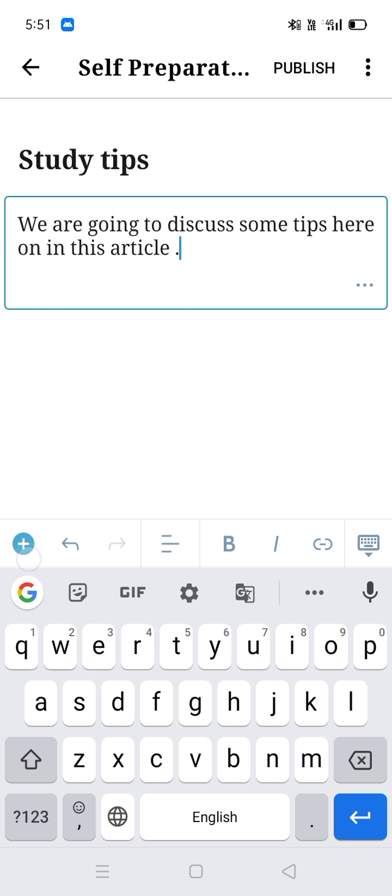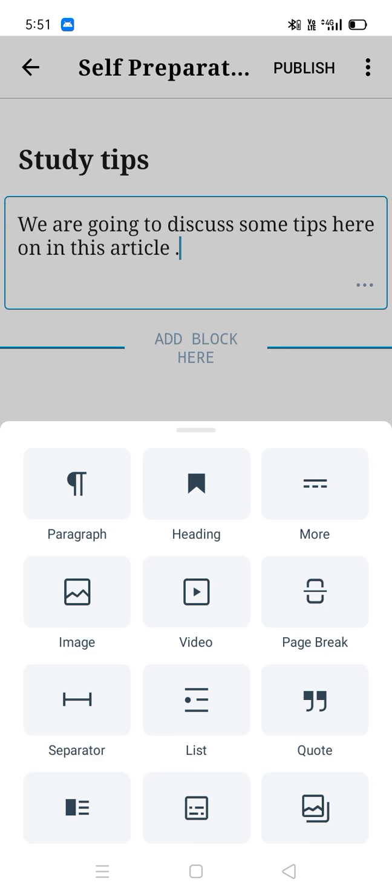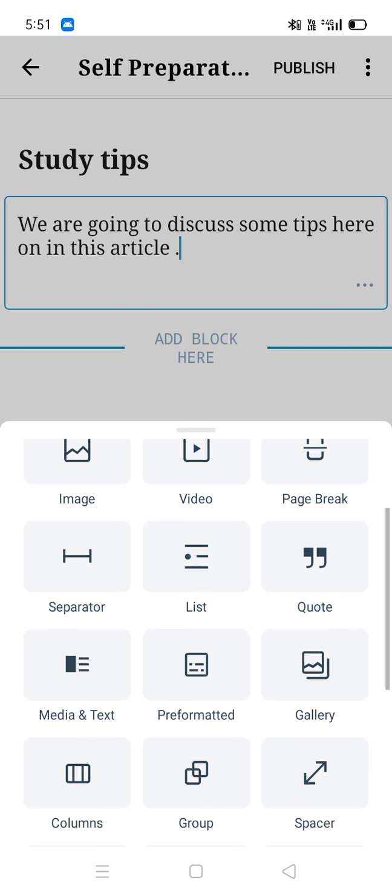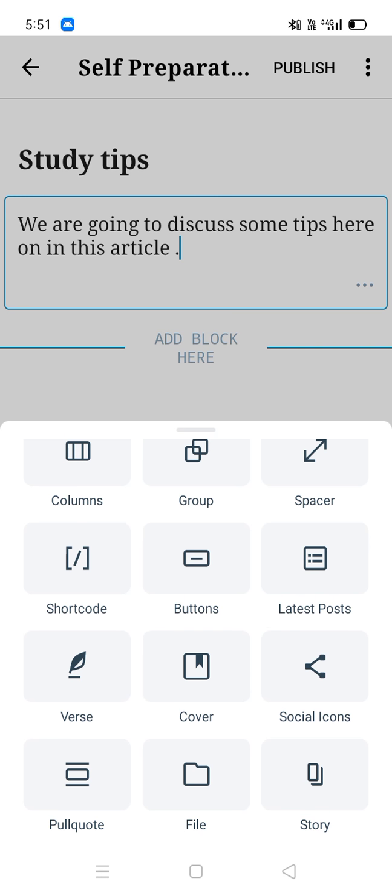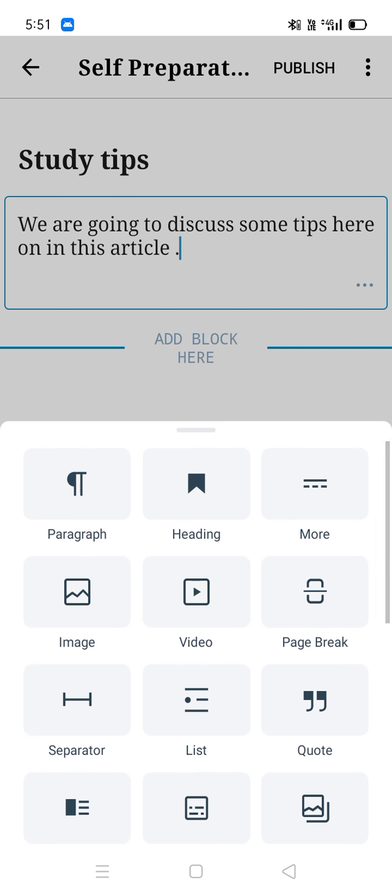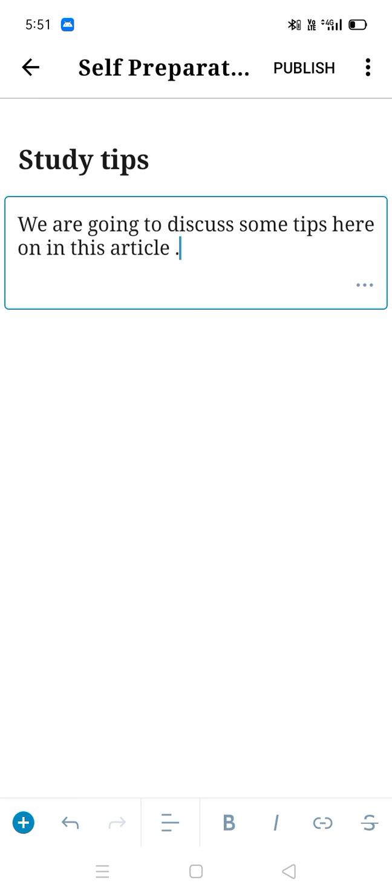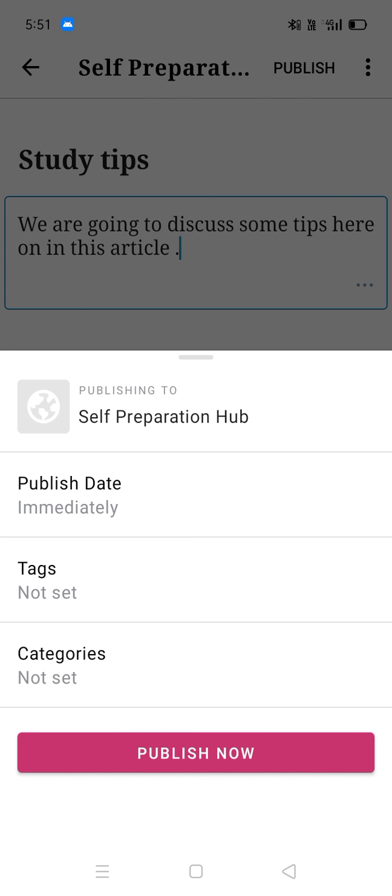We can add any of the blog components, images, heading, paragraphs. We can make it more beautiful and good looking. Otherwise, after writing your article here, you will need to publish.